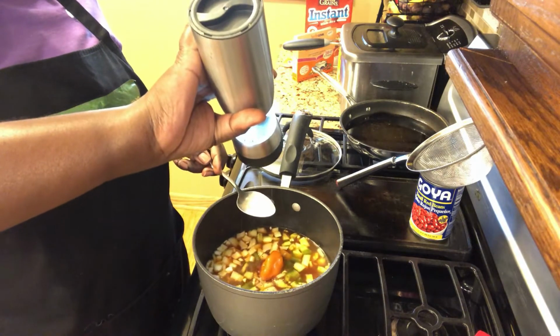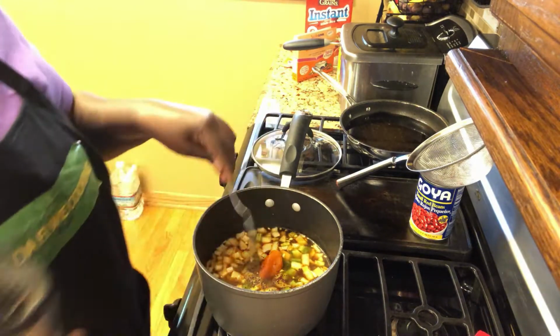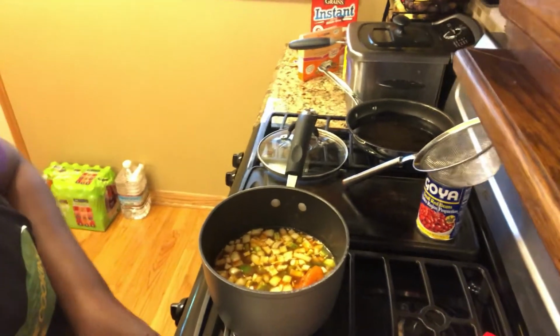Add a little black pepper. It's probably like 1/8 of a teaspoon, but all of the ingredients will be in